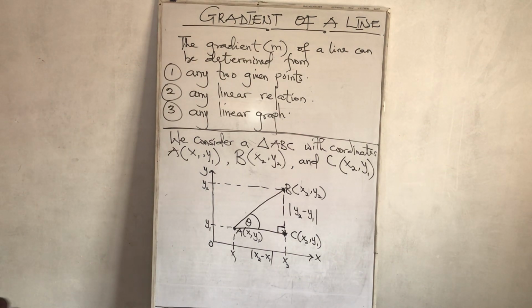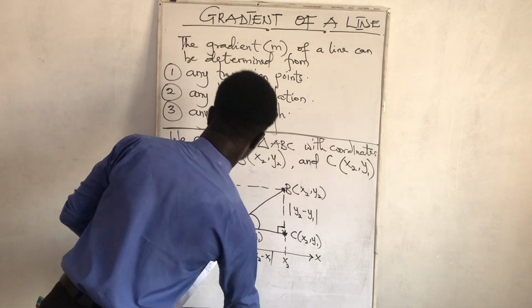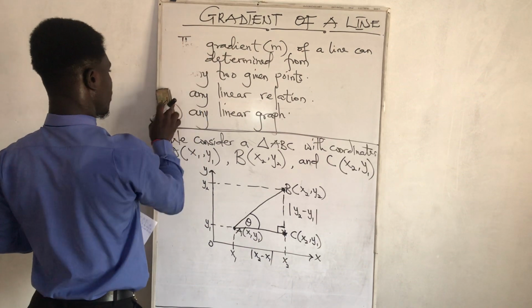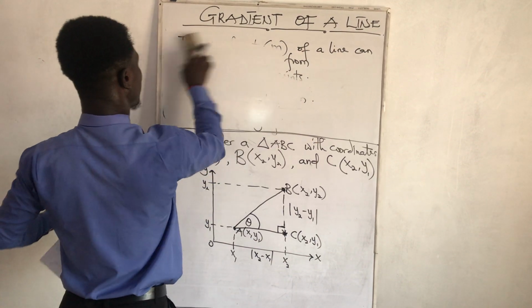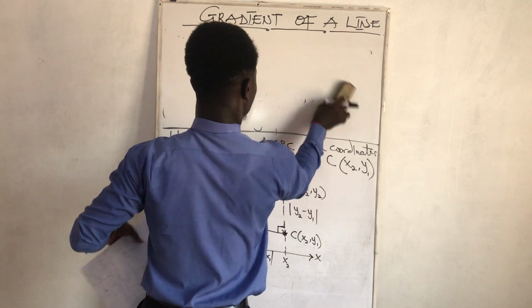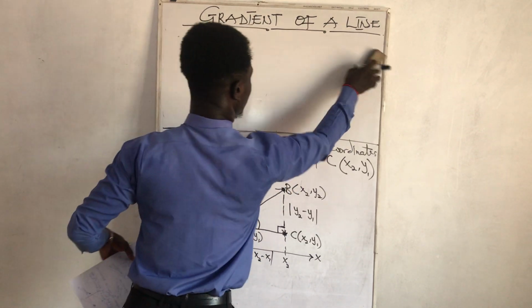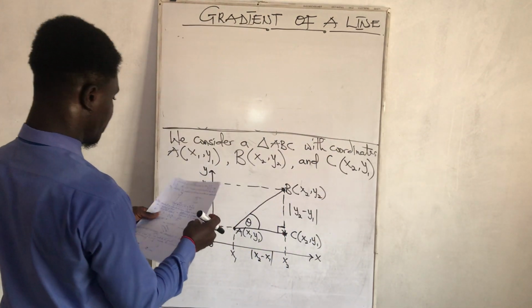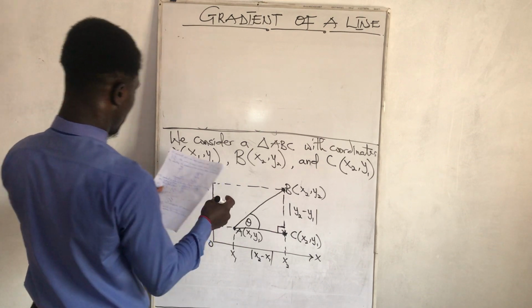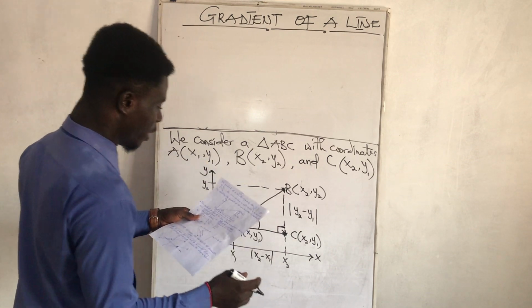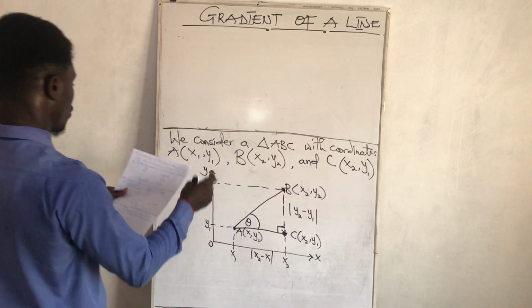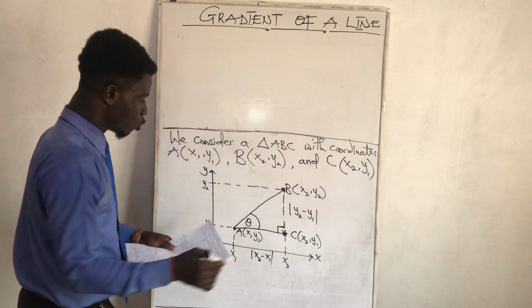How do we find the gradient here? Now, the gradient or slope of the line joining A and B is given by